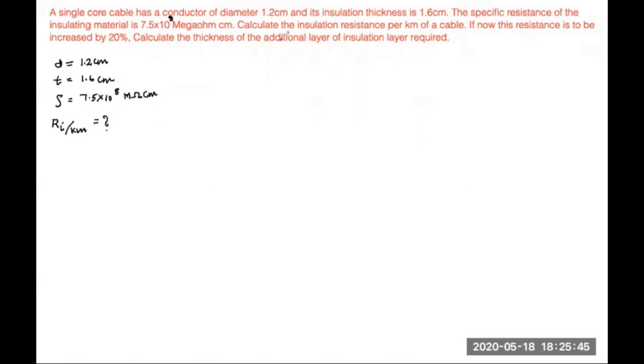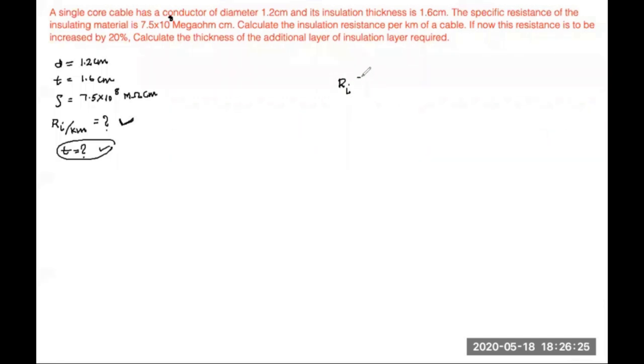Next, if this resistance is to be increased by 20%, then calculate the thickness of the additional layer. If that condition is satisfied, then we find the thickness of the additional insulation layer required. To proceed, we'll go step by step. We know that the resistance of the insulation is given by the direct formula, Ri is equal to